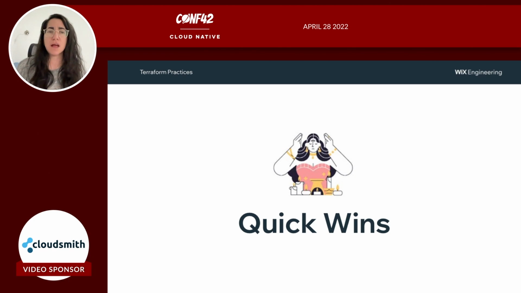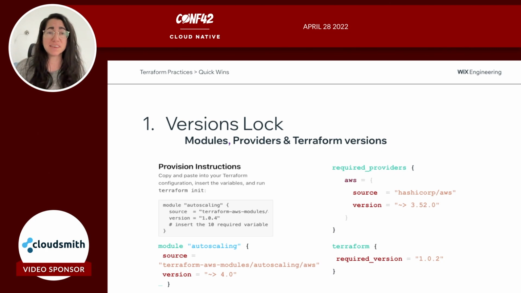Okay, quick wins. I'm going to show you briefly things that you can do in Terraform that will achieve great value in a low amount of time, just a matter of seconds or minutes. The first thing is version lock. Like we have requirements.txt or package-lock.json, that's exactly the same thing.